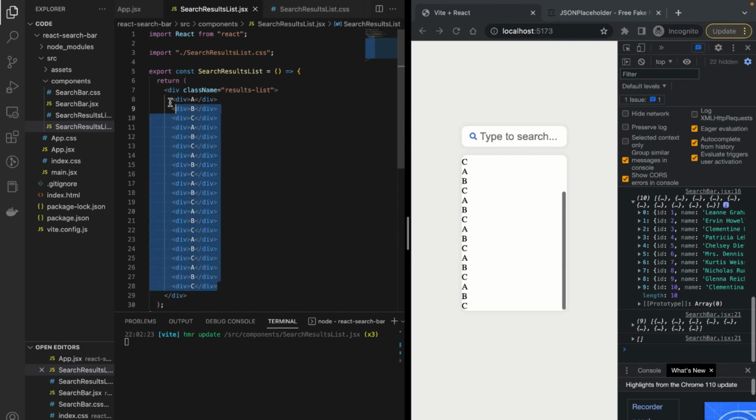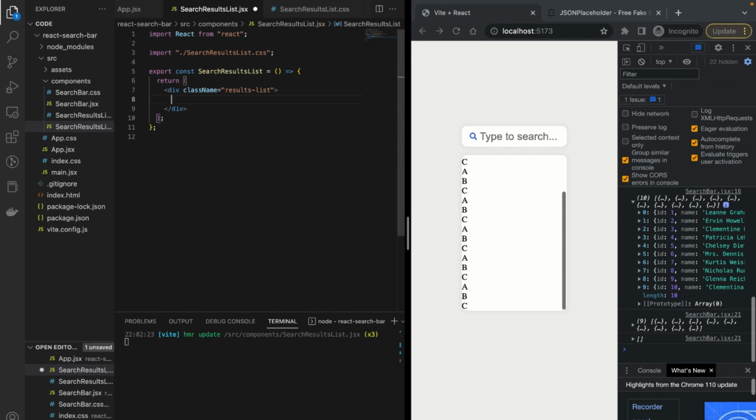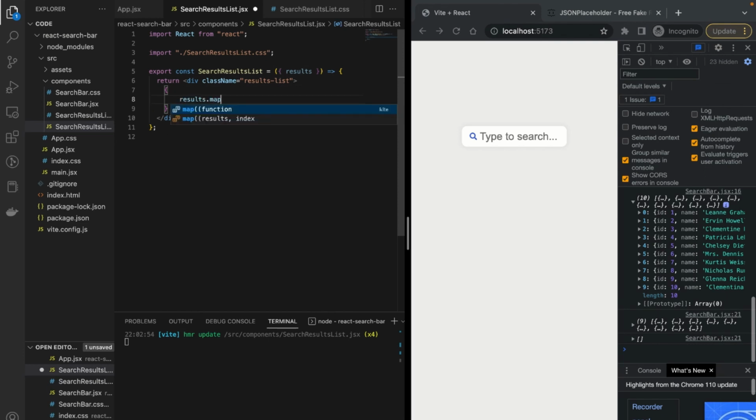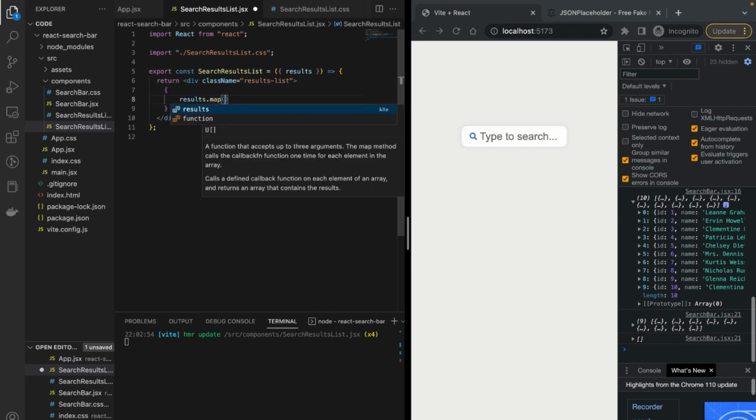So we'll remove all the placeholders that we have here, and instead take in the results as the props that are being passed down to it. And now what we want to do is go through each result and map the value in each result to a new div. So we'll add some braces so we can add code in between the markup. We'll say results.map. This will go through each element inside the results array and map it to a new